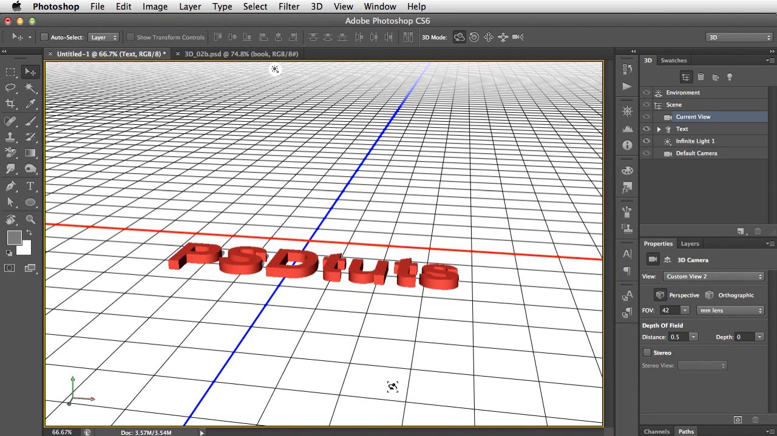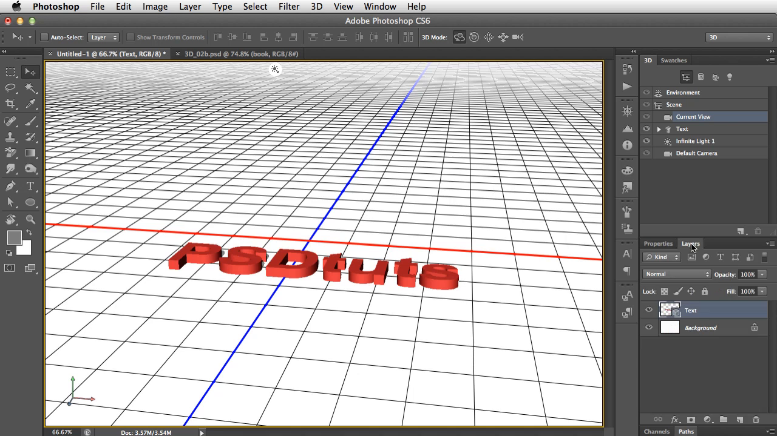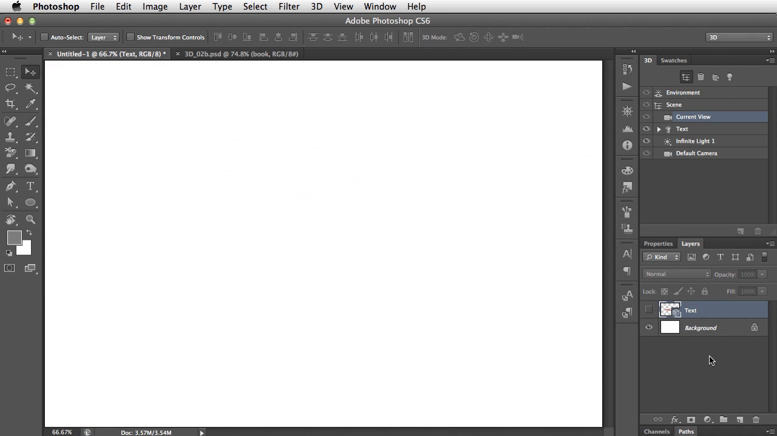So that is the simplest way of making a 3D object. We've made it from text. We could make it in other ways. Let's try a different method. We'll make a new layer,